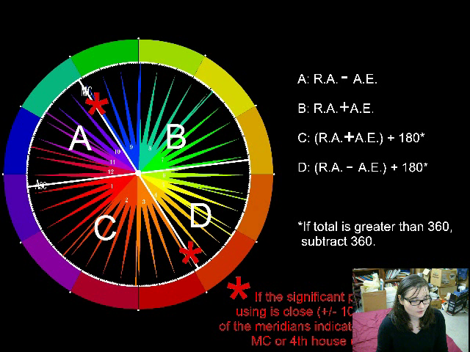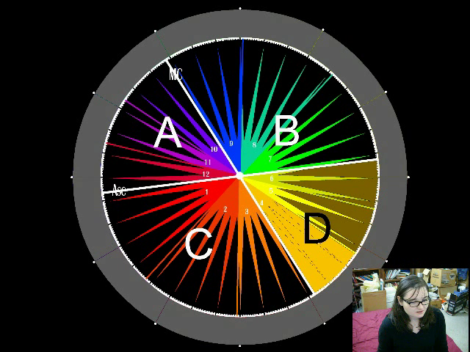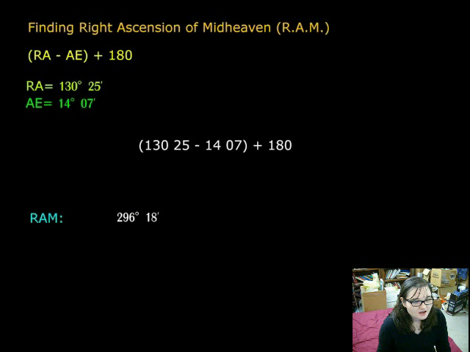So now we need to figure out what planet, what formula to use. So look at her chart, you see that her moon is in the 5th house, and we're using the 4th house cusp, so it's in quadrant B. You can see right here. So we're going to use that formula, the right ascension. We're going to subtract the arc of the event from the right ascension and then add 180 degrees. So we do that, and we add it, and we get